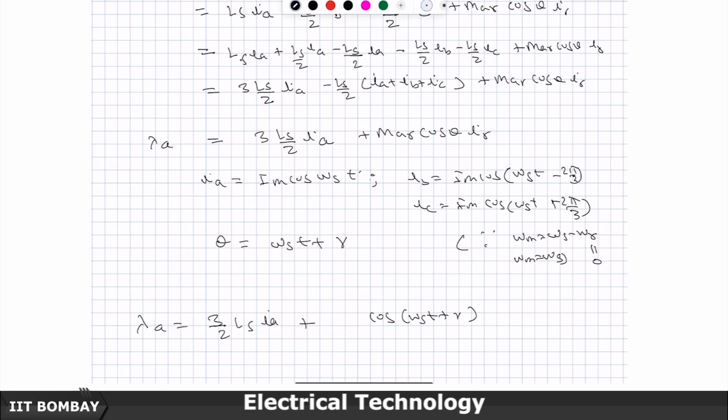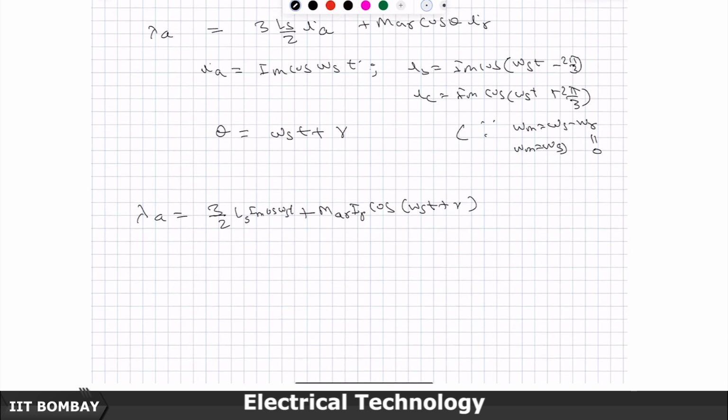Because IR is a constant, I will write MAR IR as capital IAR, and the first term I will write as Ls Im cos of omega s t. So, this is my equation for lambda A, and the voltage which is developed at the terminals